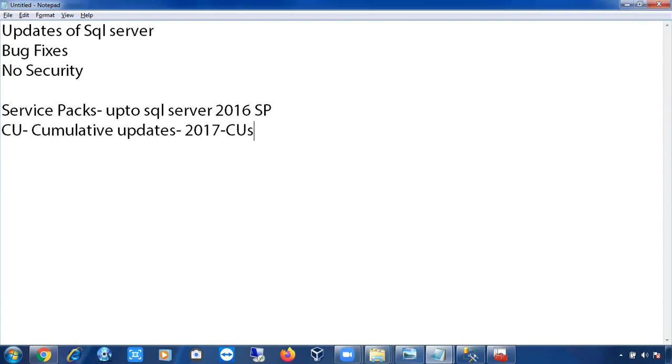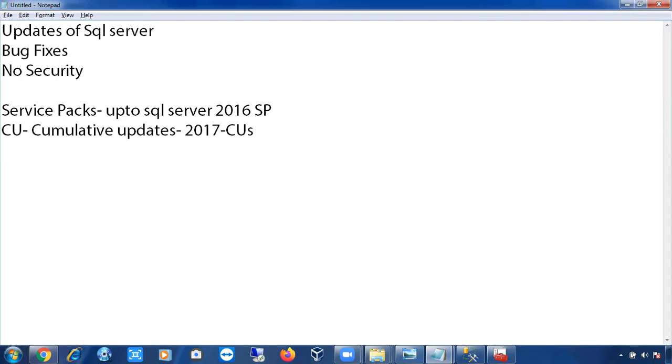Microsoft is not going to release service packs, but again, I am not saying Microsoft is not going to release the updates. It will release the updates in terms of cumulative updates, not in the form of service packs. Why? Because updates are very important. If there are no updates, that will be a very difficult thing. Security and all will be a concern. If there are any bugs in SQL Server, those bugs are also going to be fixed by the service packs or else updates only. So updates are very important in SQL Server.